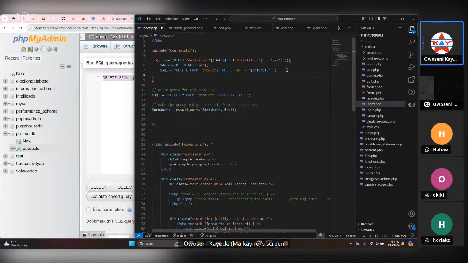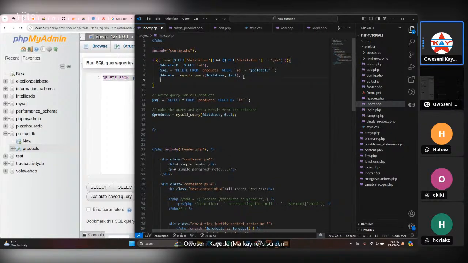Oh yeah, we've not done this. We only typed the SQL code, so we have to configure it directly to our database, and it's exactly what we had here, but this will just be the delete function. So we have the MySQL connection to the database gotten from this include config.php, and then you are joining it together with this SQL code. So if this delete here is true, then you can perform another action, which is something like